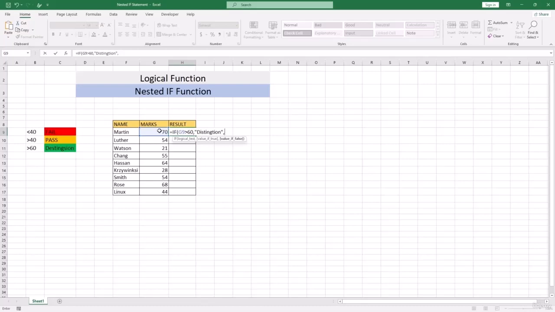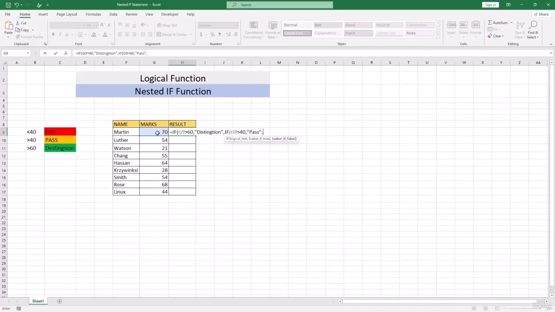After the comma, we want to start IF once more, because we are nesting inside an if function. So over here the logical test would be mark, if it is greater than 40, comma, they will pass,